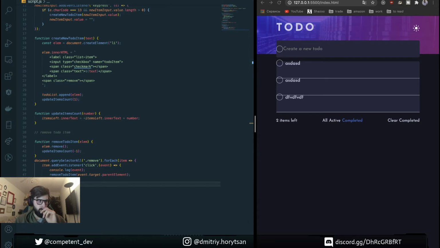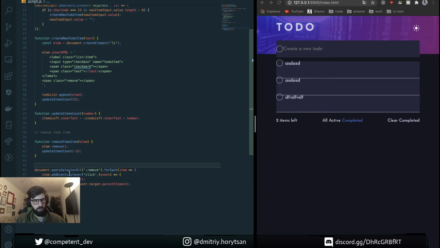Set a global, so like to put the event listener not on the item but on the parent of this, so for example on UL, and then just check if the target is our remove icon. If the target class list contains remove, then we can get the parent of this target and remove it. So how to do it?